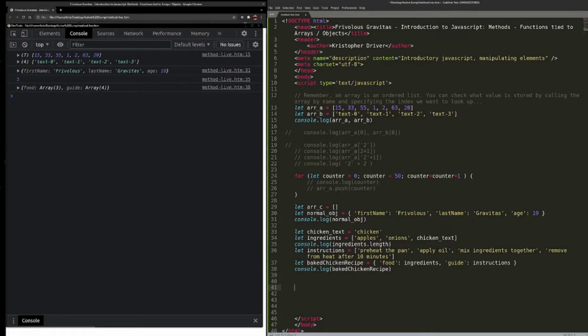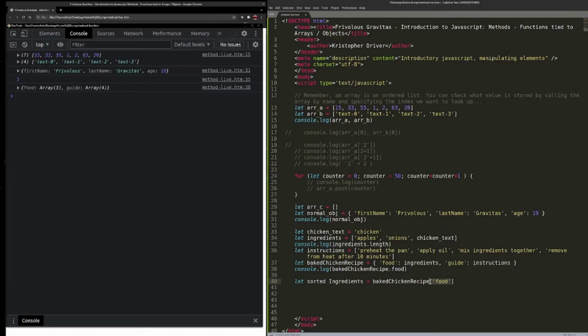Okay, so let's get into some methods actually. So we'll get sorted ingredients, let's say. Oh, let's actually use another notation. These calling an object with the square brackets, even though you use the curly braces to define an object, as we did up here, you can also get the values from them without using the dot notation if you want to use these square brackets. So you might say, well, what's the point if I can just say recipe dot food? Isn't that like 10 times easier? And you'd be right in most cases, but